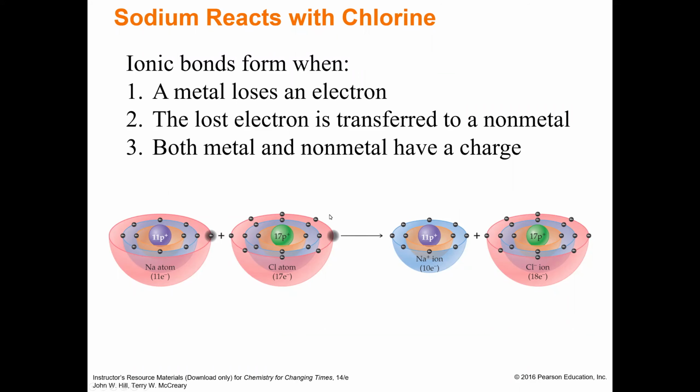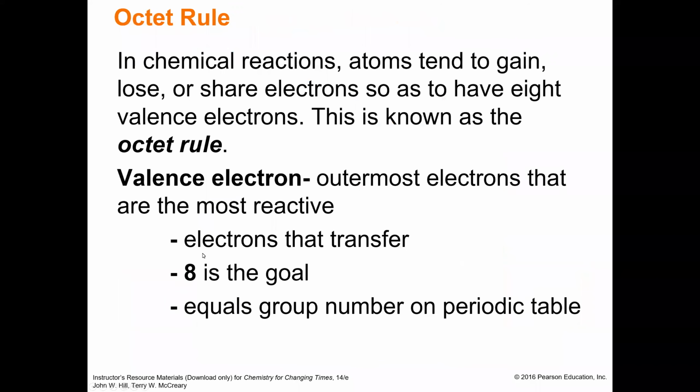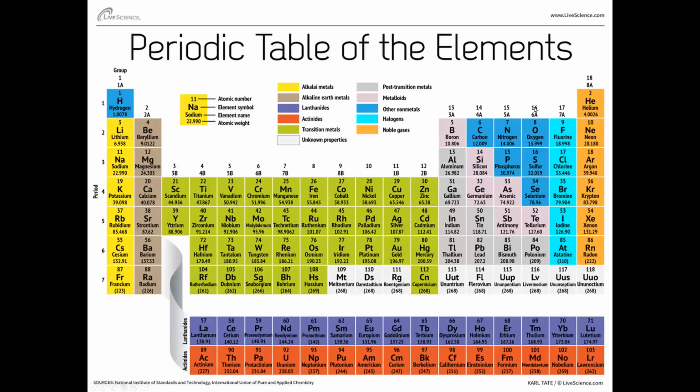So, yeah, good question. Okay, so like I said, 8's the goal. And we know how that happens, because either by gaining or losing electrons. And also in covalent bonds, which we're going to talk about in a second, by sharing electrons, you could also get to 8. All right, so here's the periodic table. Just to refresh everybody,